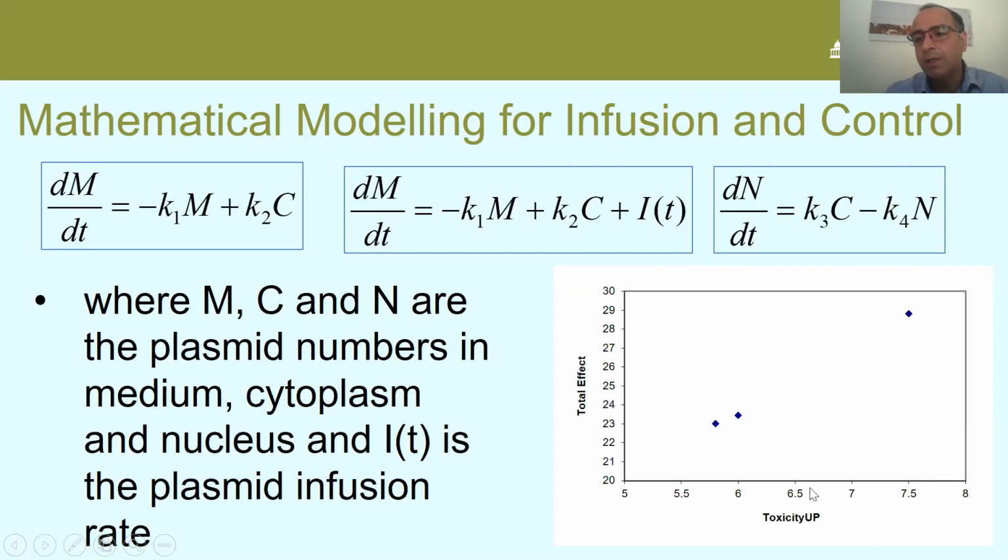So there is a clear trade-off between efficacy and toxicity, and this needs to be balanced while we're deciding upon the dose that should be given to the patient, or the rate at which it should be infused